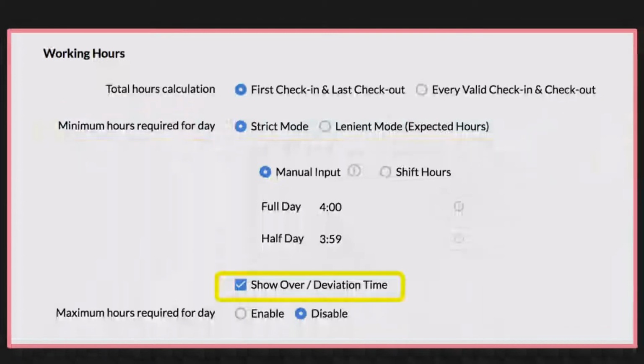Show over or deviation time. You can select this checkbox to show employees' overtime and deviation time. In the strict mode, if you have fixed 4 hours as a half day and 8 hours as a full day requirement,